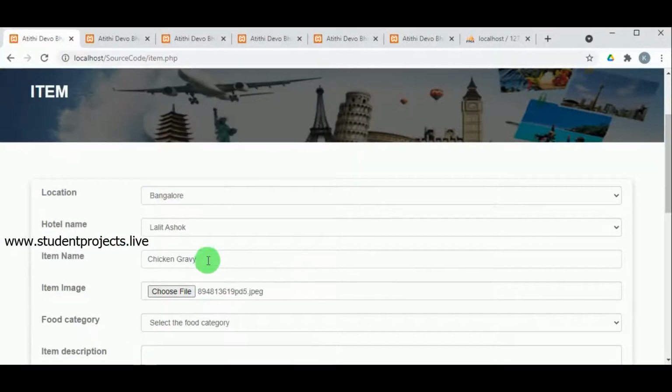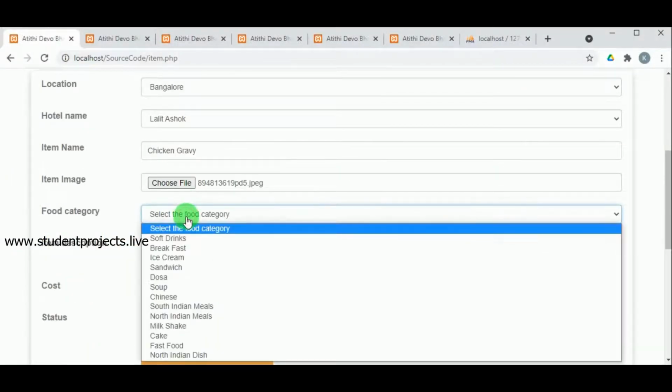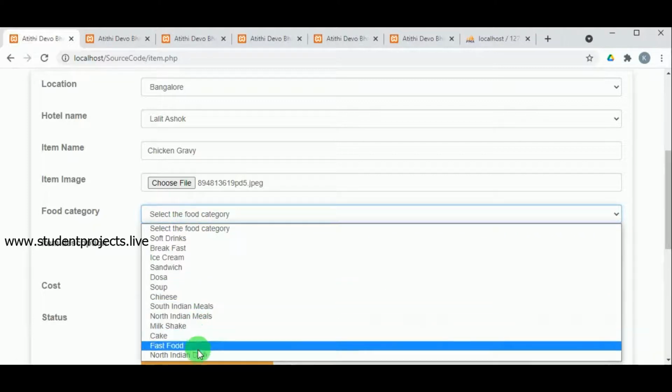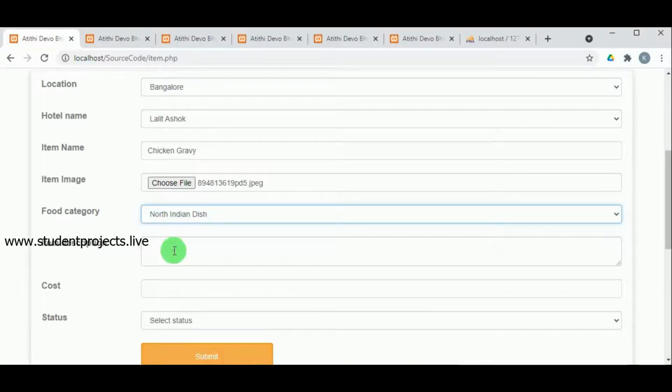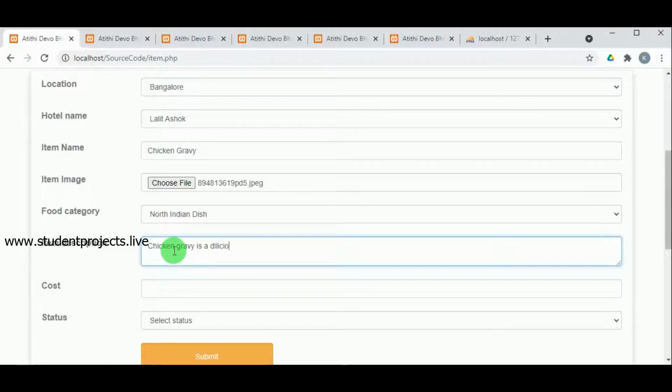Then the food category, so that food item comes under which food category, that is also required. Then the item description, that is the food item information, more information on that food item, why it is special in that particular hotel or why it is special in that particular location, that can be given in the description.